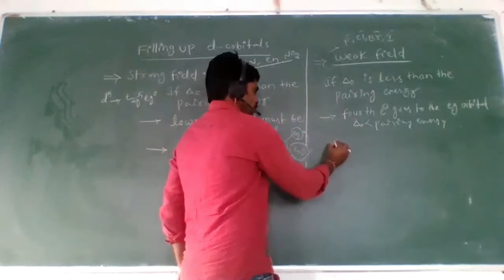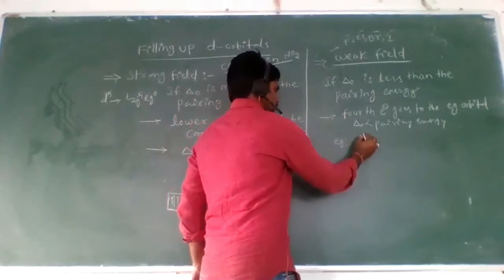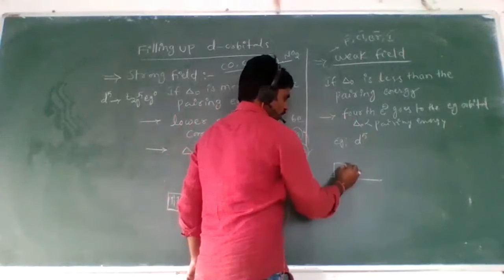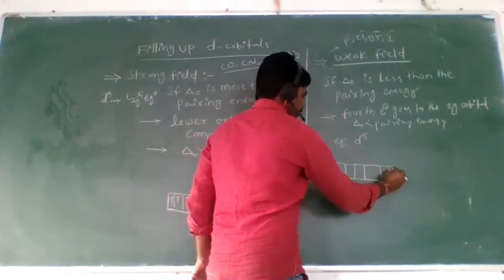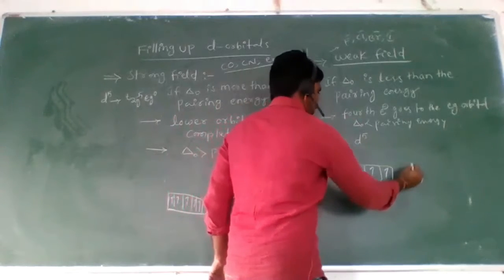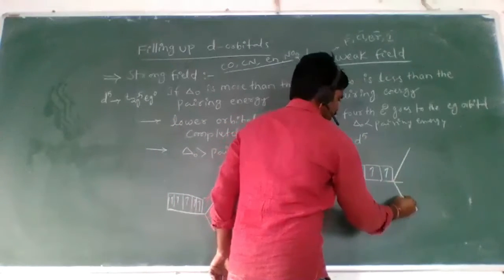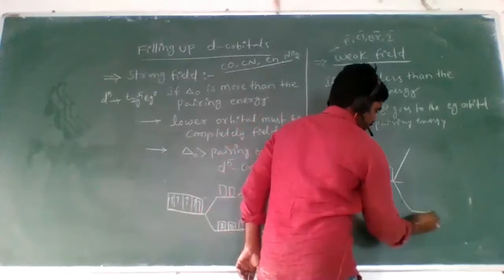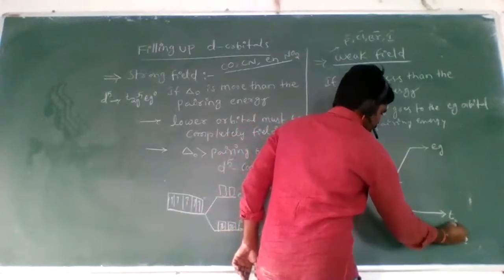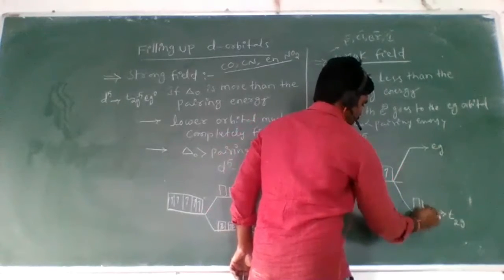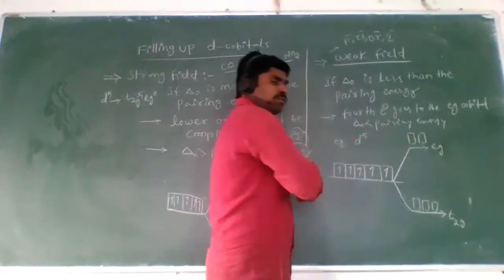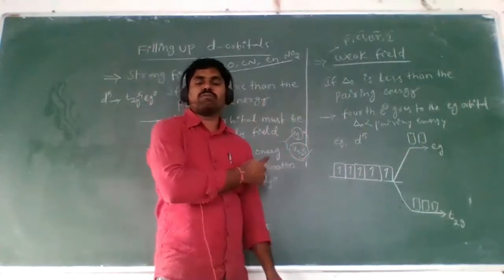I will give one example, the same as the strong field before. Here, in the d orbital, 5 electrons may be there. These are the 5 orbitals of d: 1 electron, 2, 3, 4, 5. See here, we already know the splitting. Eg is the upside, sorry, Eg is the upside and T2g is the downside. Here are the 3 orbitals, and here are the 2 orbitals. In the strong field condition, the electrons fill the T2g.